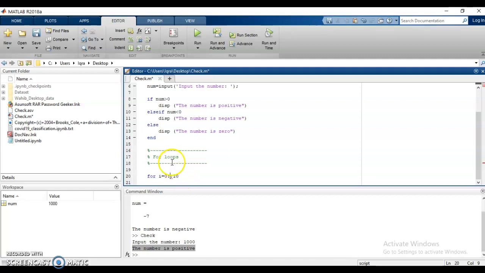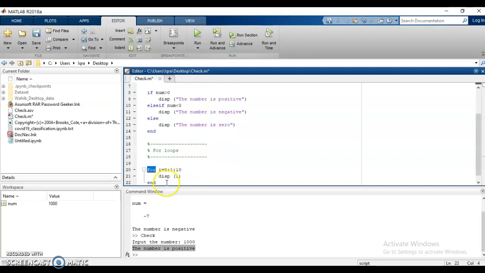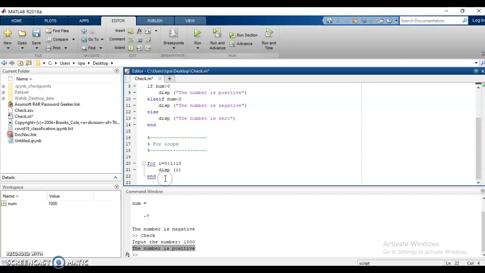You can place an increment of 2, 3, 4, 5, whatever you want. Because if you code in C++, instead of making it I plus plus, you can also write I equal to I plus 2, I plus 3, I plus 4. So it's totally up to you how you are going to increment your indexing variable. Here we are simply going to display I, nothing else, and end the loop. This is how for loops work.